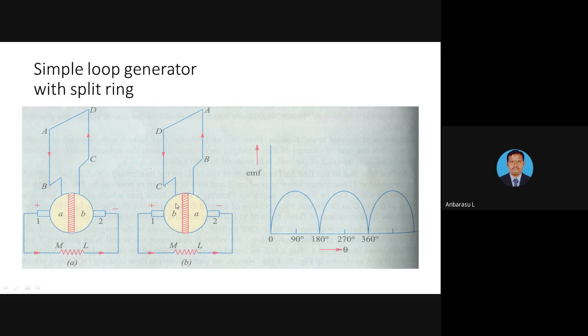So now another half revolution. Here the C to D conductor is moved nearby the north pole, and the A to B conductor is nearby the south pole. But the current direction in the external circuit is not reversed. Only the conductors are interchanged, from north pole to south pole and from south pole to north pole.